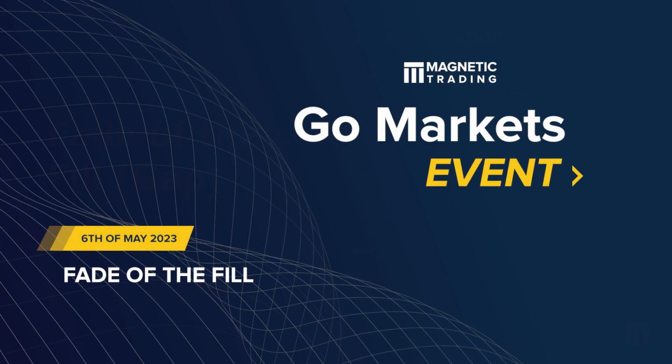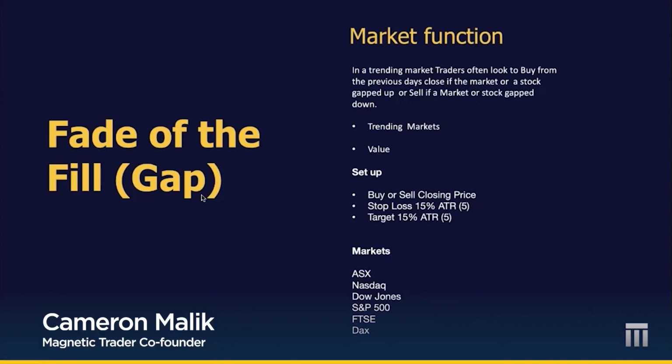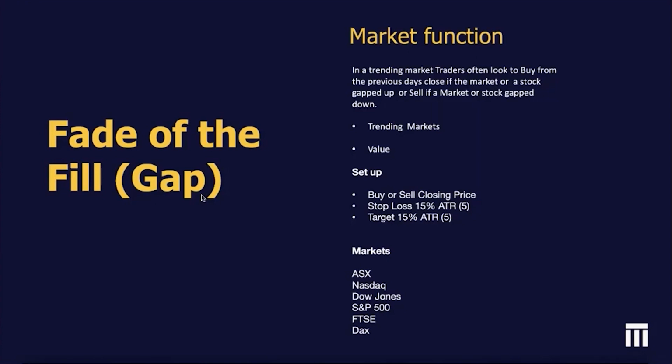So now Mark's been talking about closing gaps, where the market has gaps in either direction and then the gap fills. What I want to talk about is fading the gap fill, where we could be buying or selling from the gap close. So what we find in trending markets, often traders will look to buy the previous day's closing price